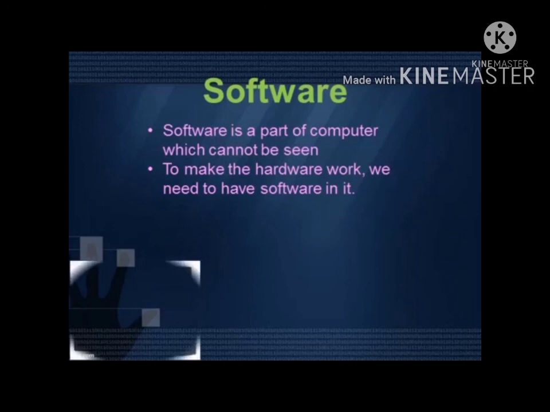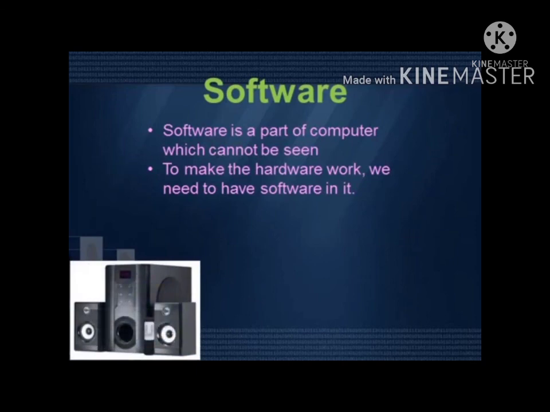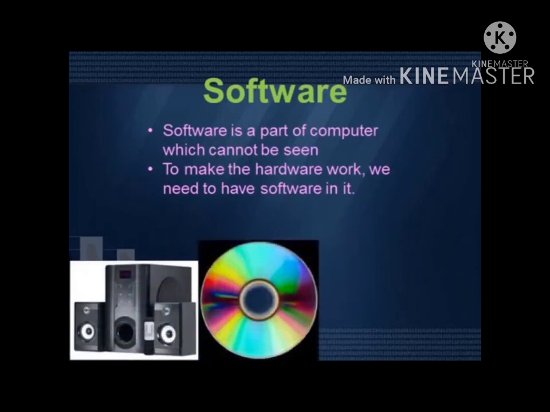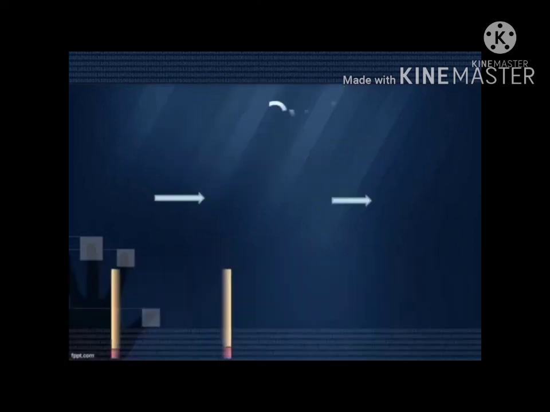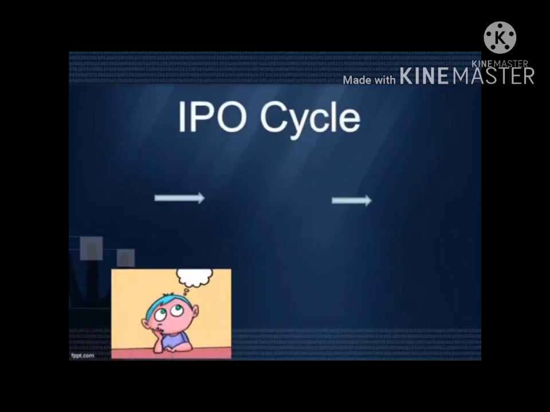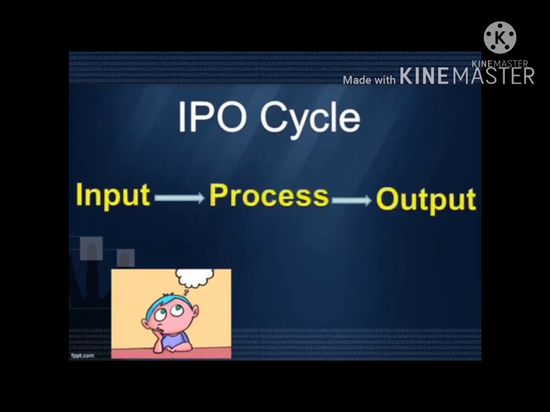Can you see the songs or music recorded on a CD or DVD? No, because that is software. A CD is hardware, but the songs or movies which are stored in it are software, as they cannot be touched and seen. Likewise, a TV is hardware, and the programs you watch on it are software. Children, do you remember the working of a computer? We have learnt that a computer works on the input processing output, or IPO, cycle.